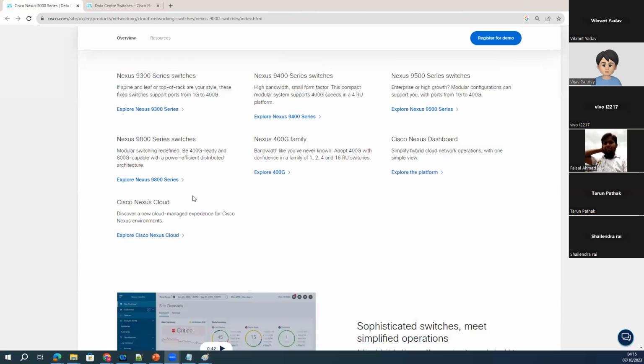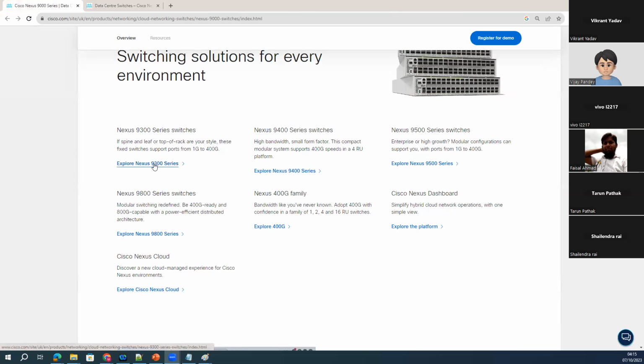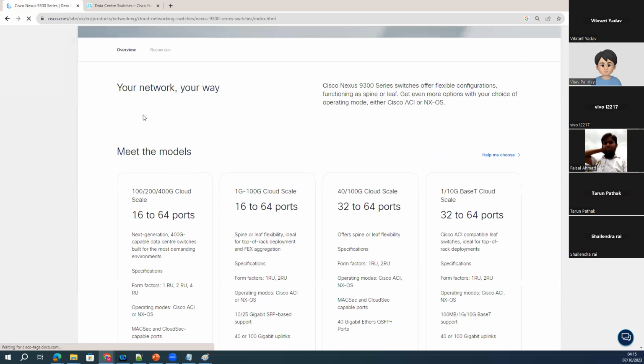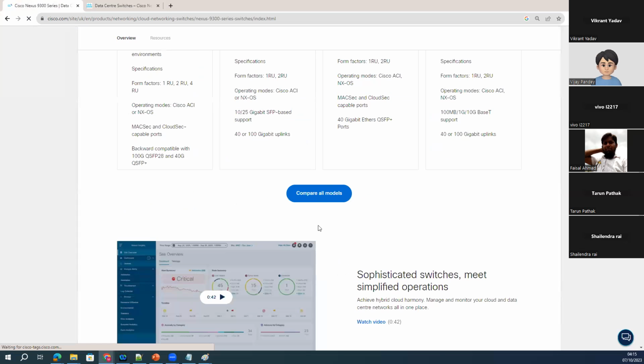Okay, if I open any of these devices, for example, if I open 9300 devices, there are various types of models which are available. Okay, if I open that comparison module,